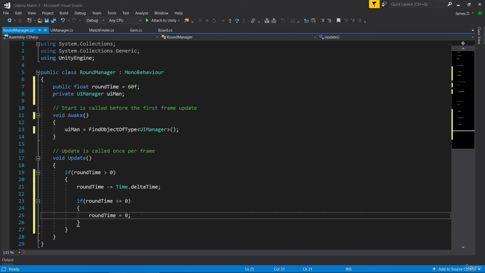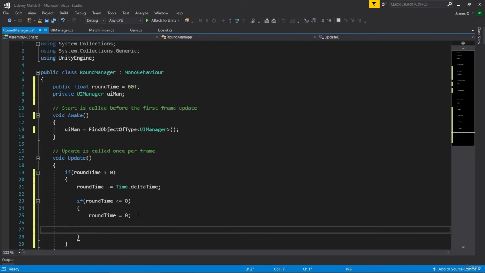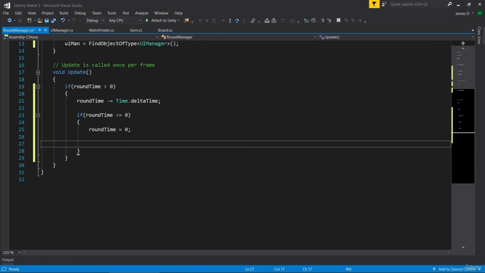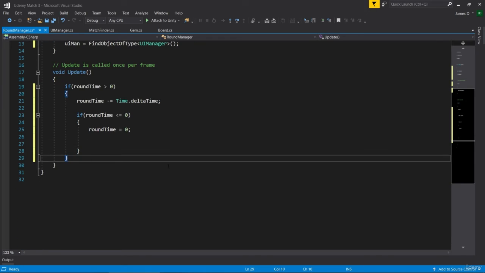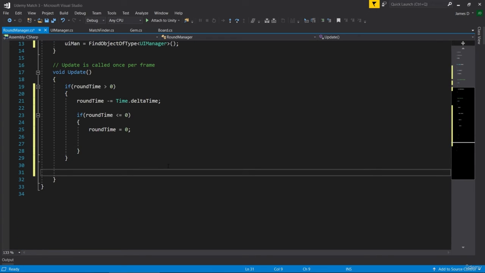And then, in a few minutes, we'll come back and make sure that it handles something happening when the round should end. But for now, we just want to have our round time counting down. And then just below that, in our update, we want to actually update the display that we're seeing. So we're going to say the UI